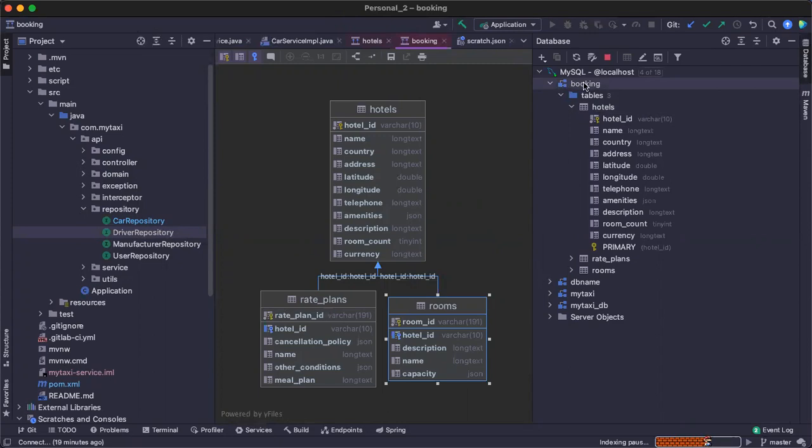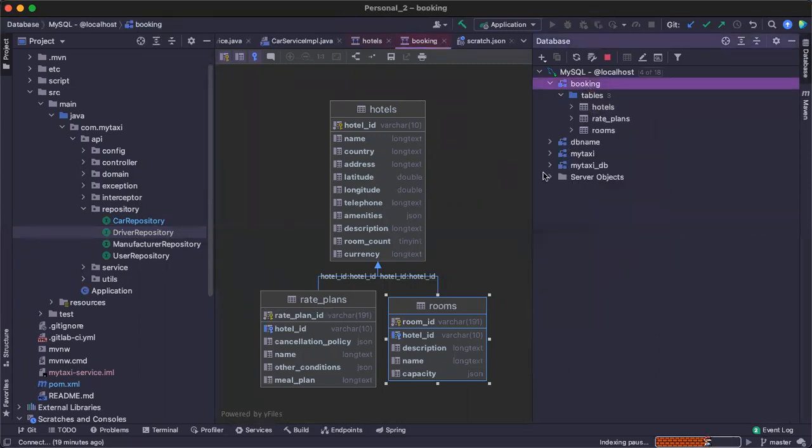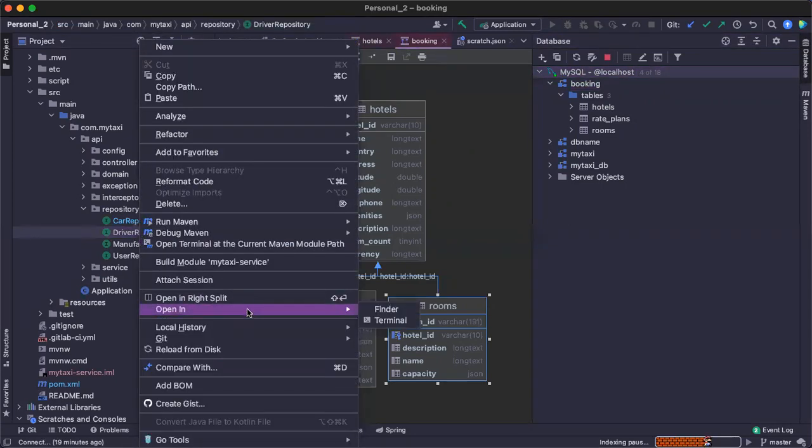And I can do it at the database level. Currently I have only 3 tables, that's why it's showing like this. Maybe here also I have only 2. Actually, the same thing I expected for classes. I think somewhere it's present, show diagrams, but it's been a long time since I utilized this feature. That's fine.